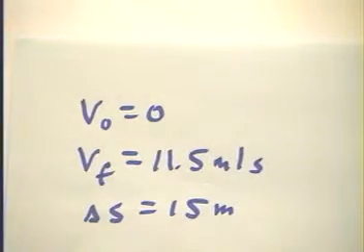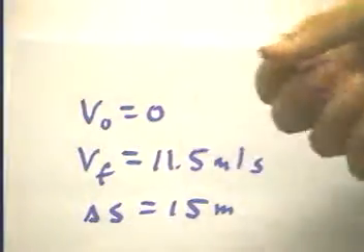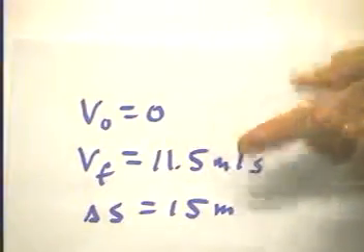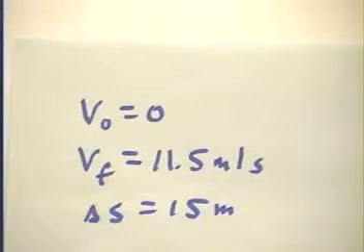Another problem requested by the same individual was one where a sprinter goes from rest to 11.5 meters per second while covering a distance of 15 meters. Assuming a uniform acceleration, then,